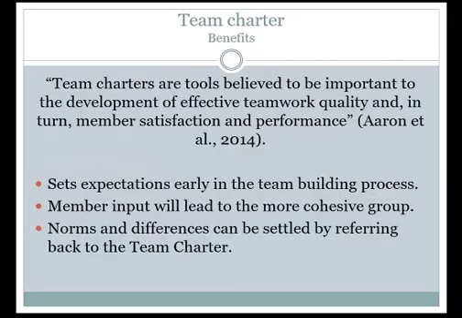Now that we have identified the team charter's components, some might ask, what is the point of this? It's just the expectations up front, so any differences can be settled. At the end of the day, all members agree to the document as a team, and with this document, the team should operate.